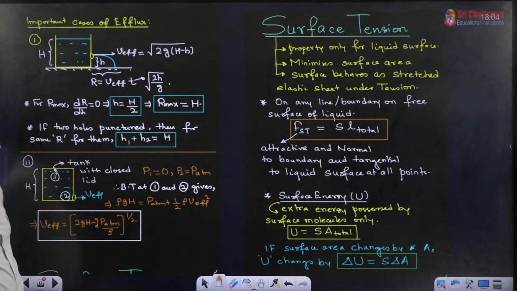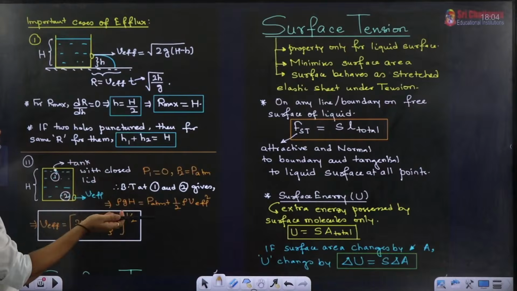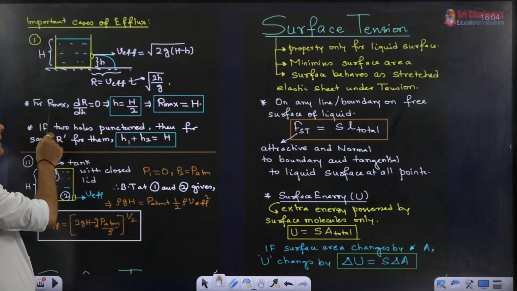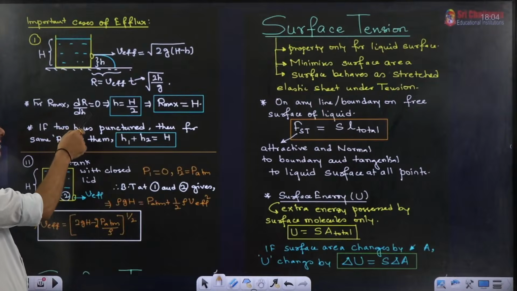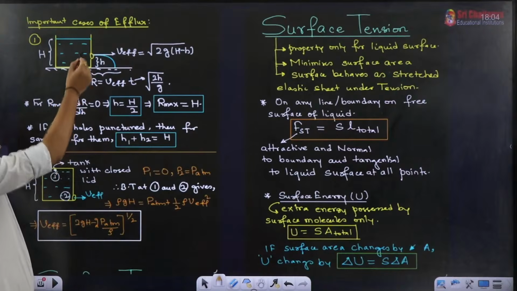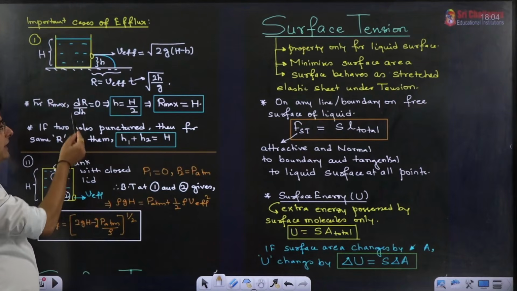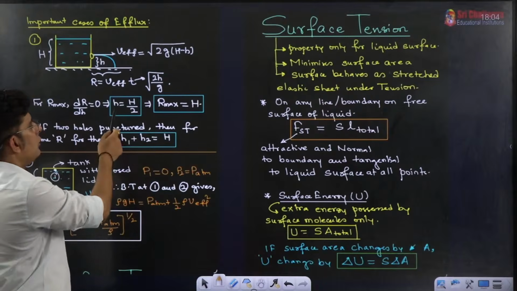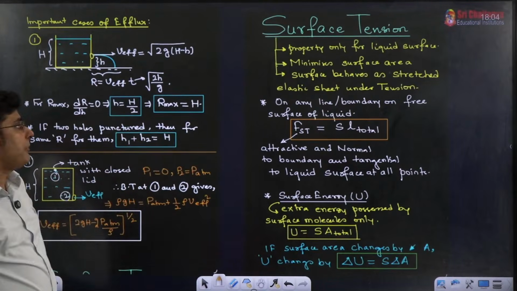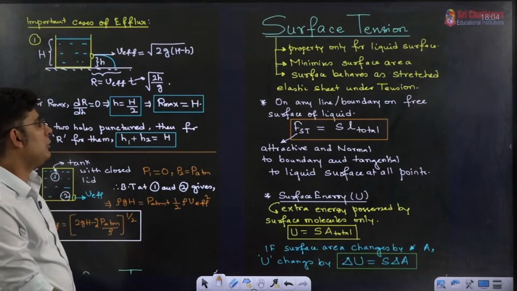Sometimes they ask what is the maximum range. Whenever they ask you maximum range, first you find the range by the equation of parabola. For R max, dR by dh equals 0, because small h is the height of the hole, which I can vary as per my wish. I can puncture at different points. So dR by dh equals 0, and when you differentiate, you get small h equals H by 2. That means when you puncture a hole exactly in the middle, you get R max equals